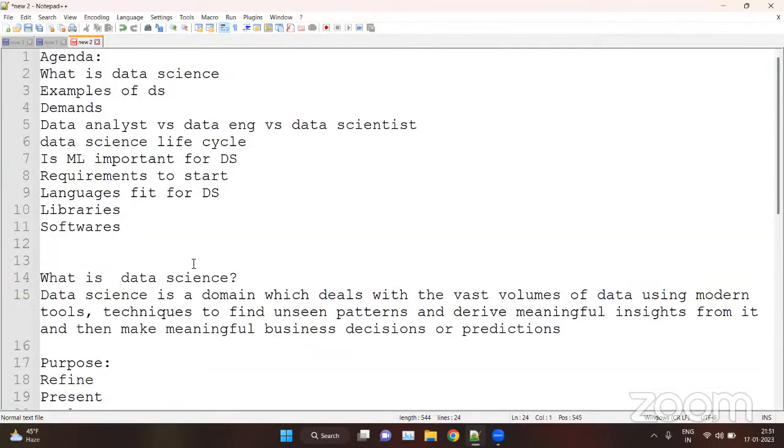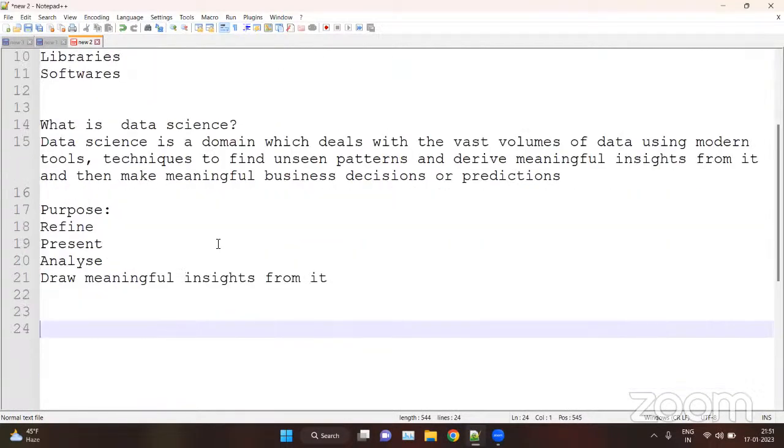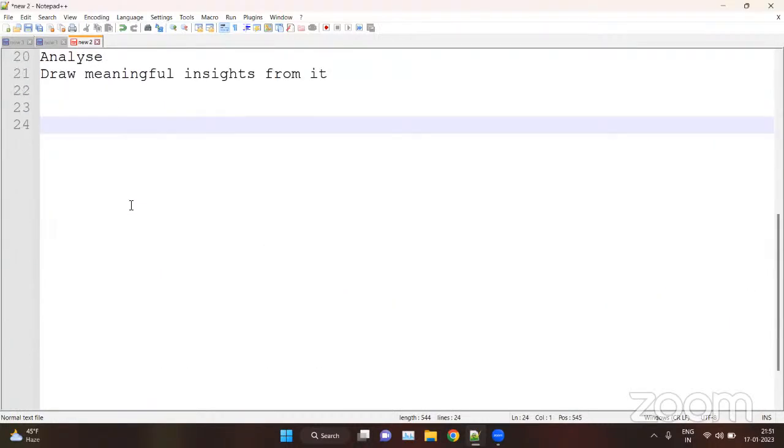Now, where can we use data science? Basically, in data science we use various techniques and various tools to refine the data. There is a bunch of processes in data science. We clean the data, and make the data comfortable to feed to the ML algorithms. We analyze the data. We present it in graphical representation using heat maps, pie charts or bar graphs. Then we analyze the data, and we also predict the upcoming from the data. So, examples of where we can use data science: data science can be used everywhere. Where there is data, there is data science.